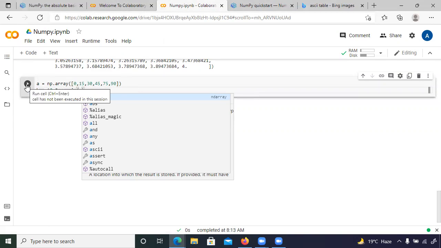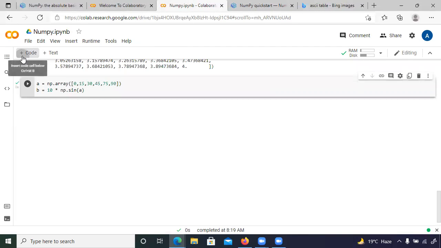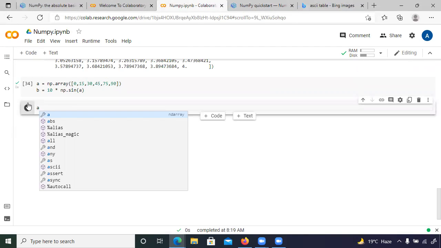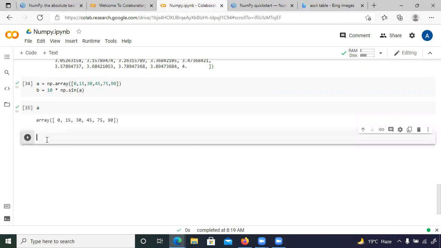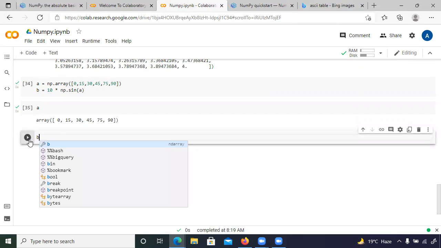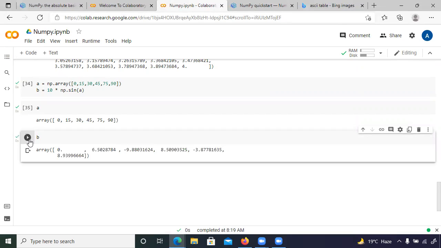Let me run this, and I will run a as well here. Now I will run b as well. Now you see here, when it is 0, sin 0 will be 0. So 10 into 0 will be 0.